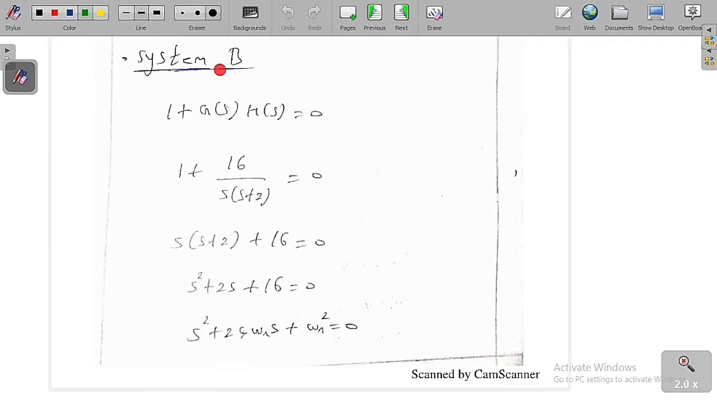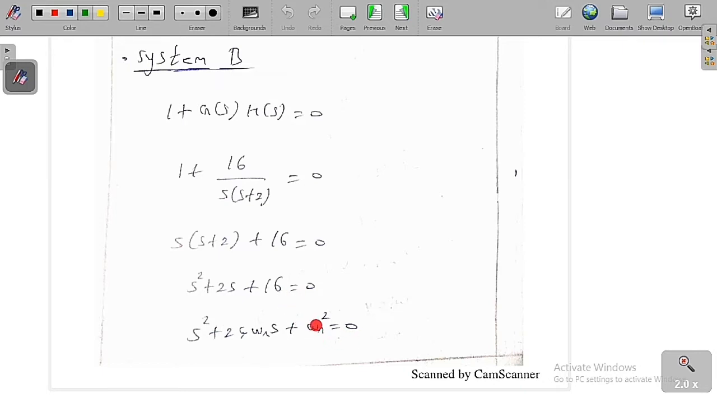Similarly, we do the same thing for the system B, with the same characteristic equation, 1 plus G of S into H of S is equal to 0. H of S is equal to 1 and G B of S is equal to 16 by S into S plus 2. If we solve this equation, we get S into S plus 2 plus 16 is equal to 0. So S square plus 2S plus 16 is equal to 0. Comparing with the standard second order characteristic equation, s square plus 2 zeta omega n s plus omega n square is equal to 0,